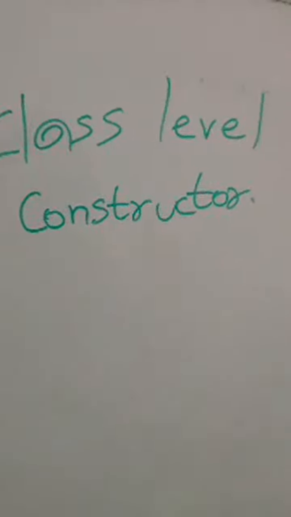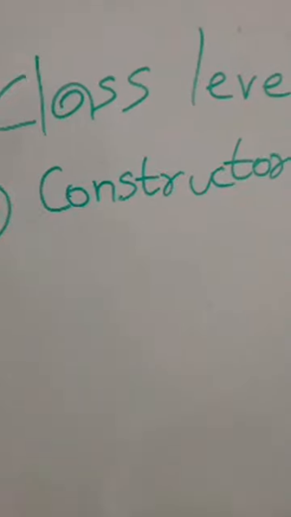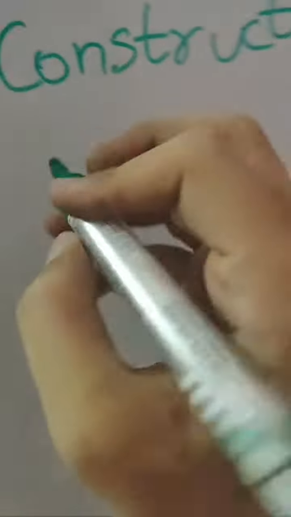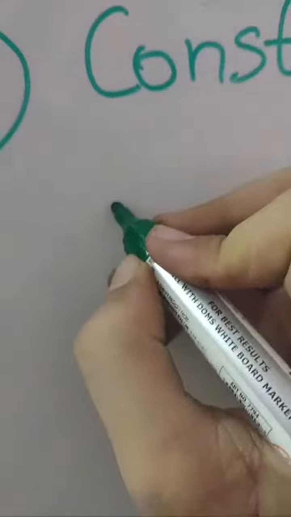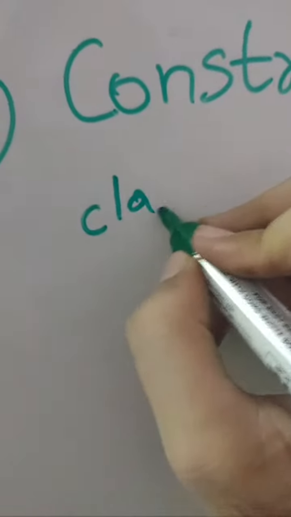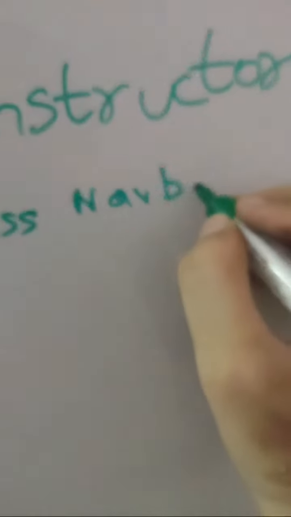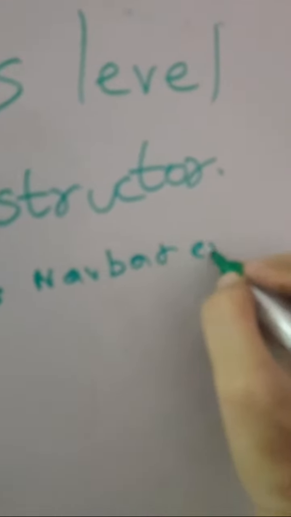Inside the constructor, guys, you declare your state. So the constructor may look like this. If you see, we have that class level component. If you write here class NavigationBar extends Component,